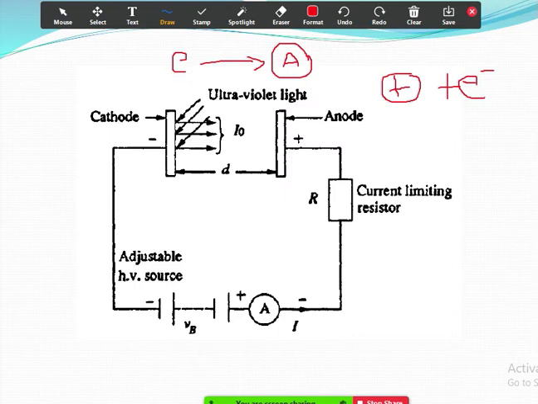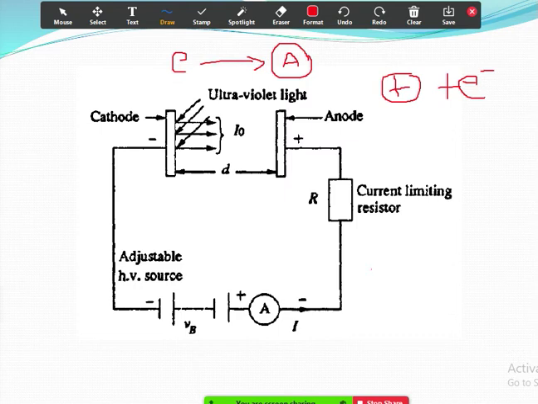One more thing is, this electron moves fast. This electron is supplied energy by the electric field developed between these two plates. So that electron accelerates fast from cathode to anode. It accelerates, so it moves fast, and during its movement it collides with atoms whichever will be in its space.